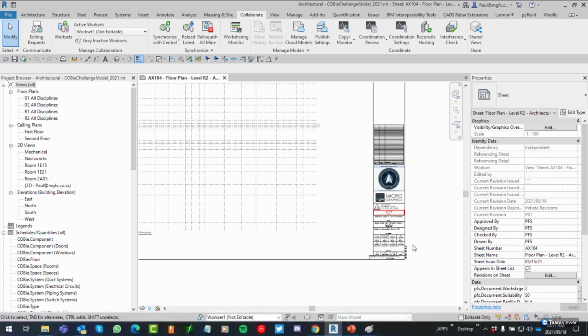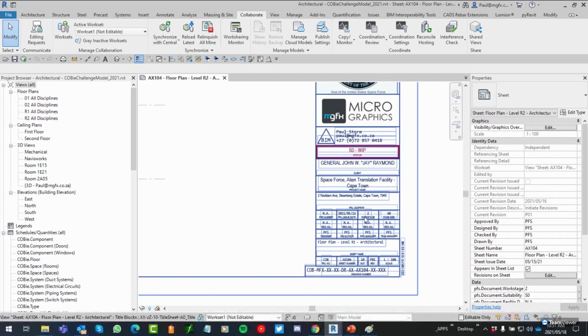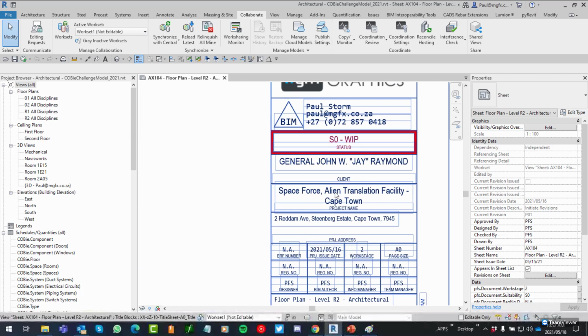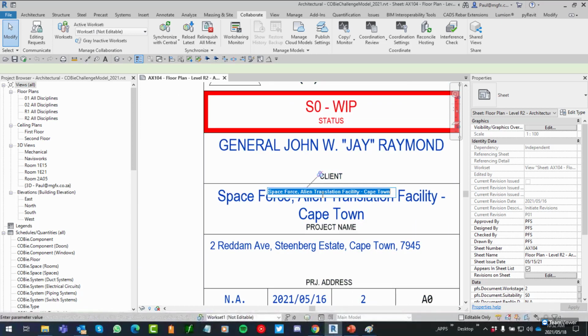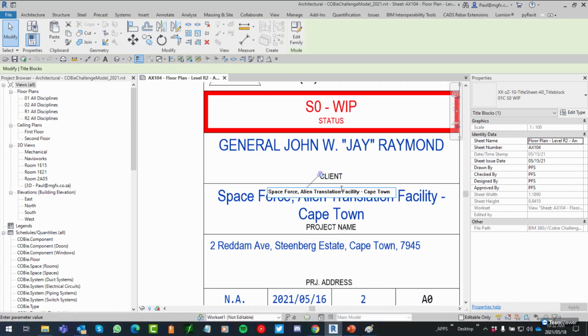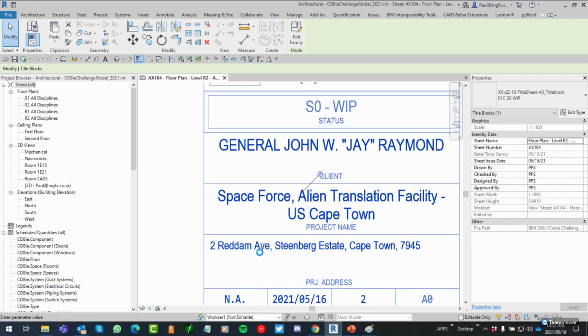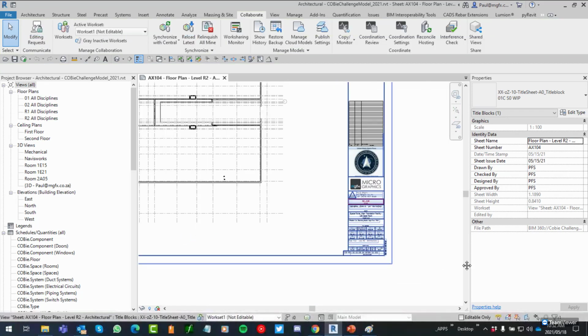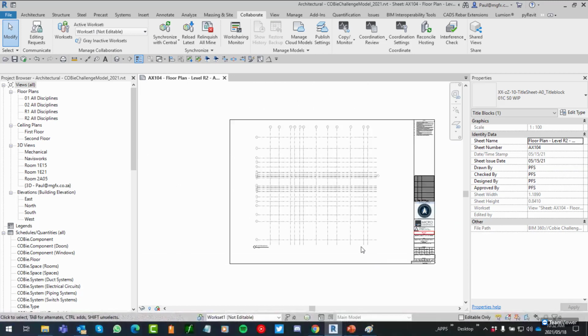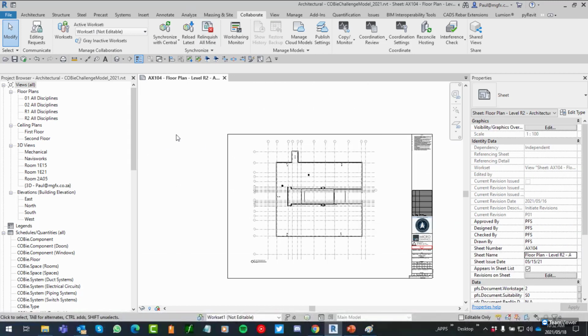So you can make lots of changes. The changes are also online, and you can compare them with each other. So let's suppose, I've tried to make it a bit fun for today. If we say this is the alien translation facility, Cape Town, then we might just add the, I don't know, US. So just changing the name to illustrate that quickly. That is that there. And then we've got our different folders, and we are ready, after we've done some work,